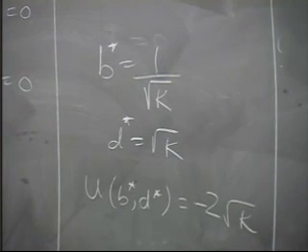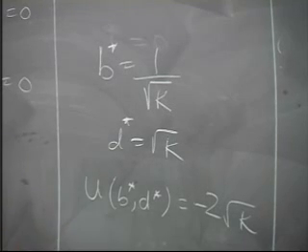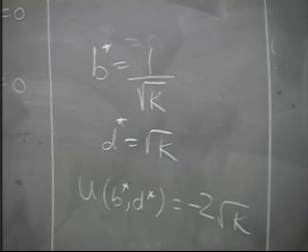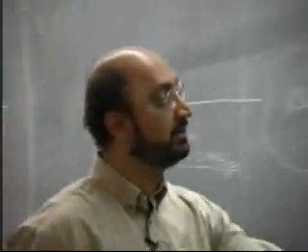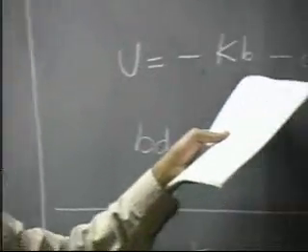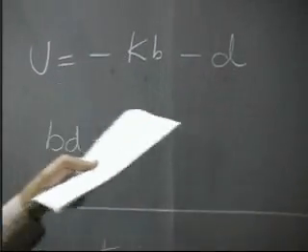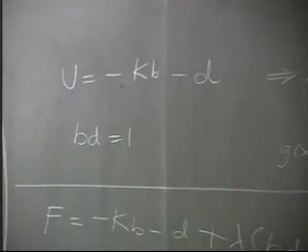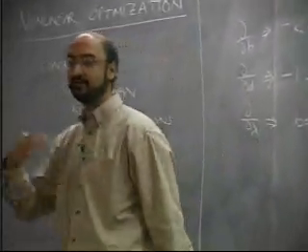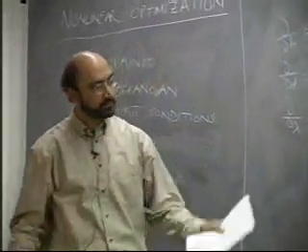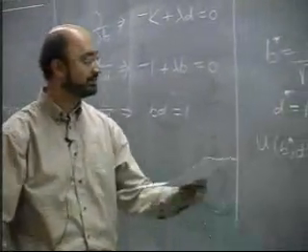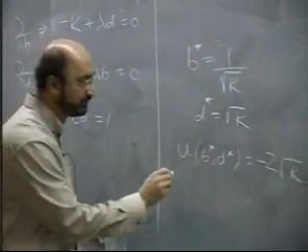Okay. Now we could do the second derivative, etc., and find this. But by inspection it's clear that this is going to be the maximum value for U. Why is it the maximum value for U? Because I can make U as small as I want, simply by making, in this case, B as large as I want. To make B very large or D very large, my U is going to go as small as I want to make it. So obviously, this has to be the highest point and not the lowest point. It's single-peaked, and in fact, it's linear, so it's even simpler than that. At any rate, we find that